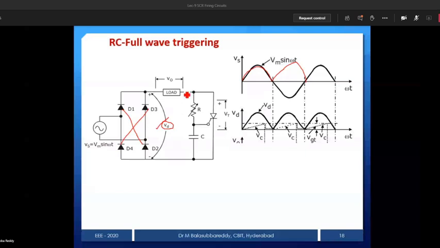Then what will happen? You can observe that again you will start with charging. Now we don't need to charge to minus V maximum, then reach 0 and then become VGT. What we need is to go directly positive. From 0 you charge it, then it reaches VGT. Once the point reaches VGT, the triggering takes place. Now here is a pulse. This pulse is given to the SCR, then the SCR is going to conduct.